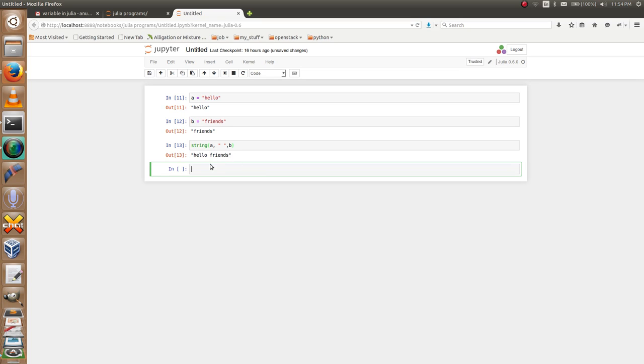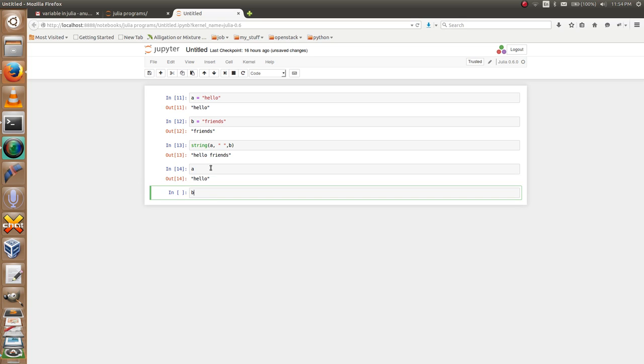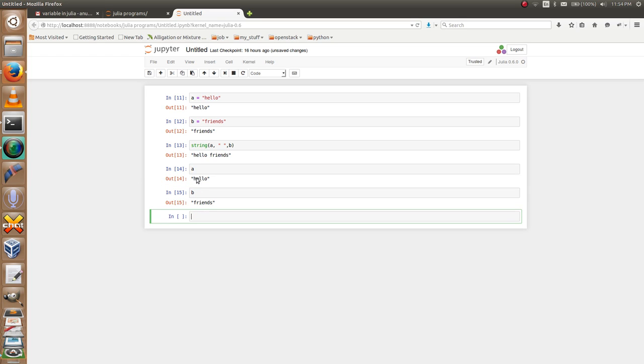Okay, let me show you another way to concatenate two strings. Here also I am going to concatenate A and B using the star operator. Let me show you. A star